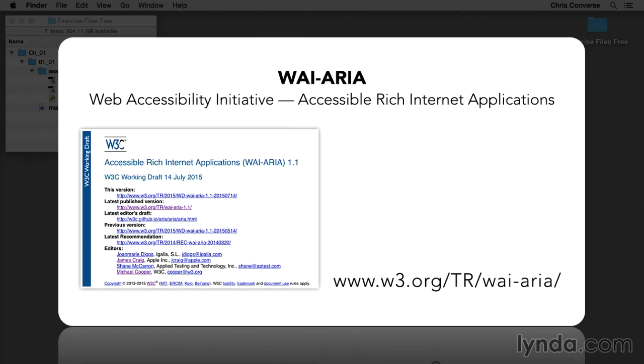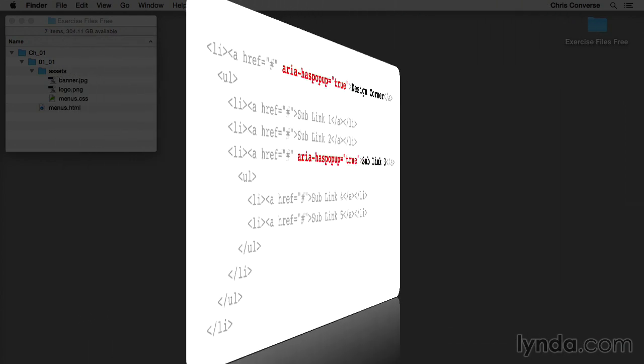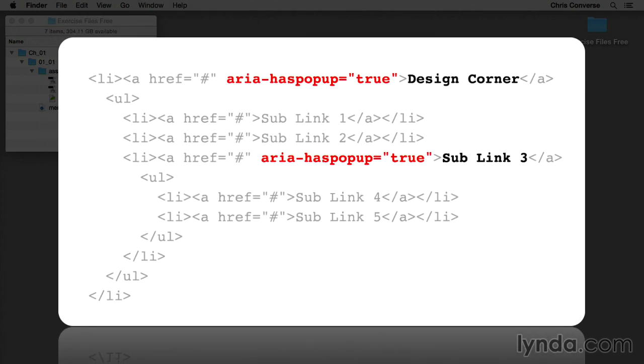ARIA stands for Accessible Rich Internet Applications, and it allows these multi-input devices to enable certain features which may be originally specified for one type of input to be allowed for another type of input. So a mouse hover, for example, can also be triggered on a touch event. Now at the time of this recording, ARIA is still in a recommendation phase at the W3C. However, since these tags are implemented using HTML attributes, they can be added without affecting any older browsers or existing